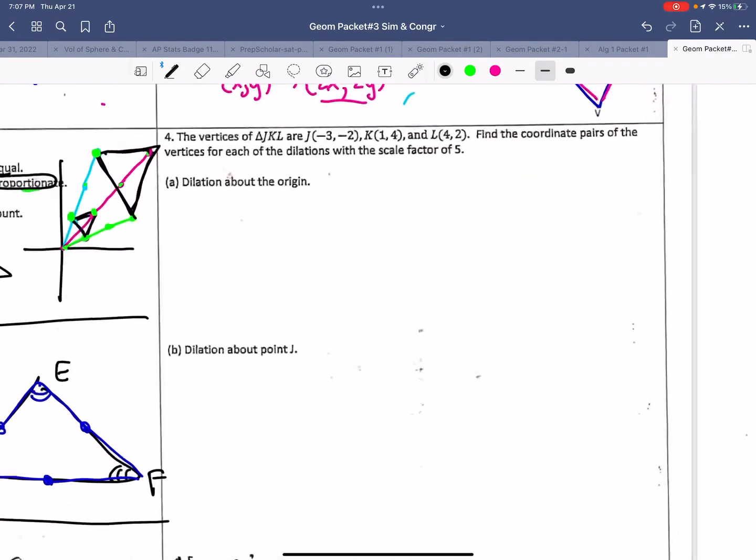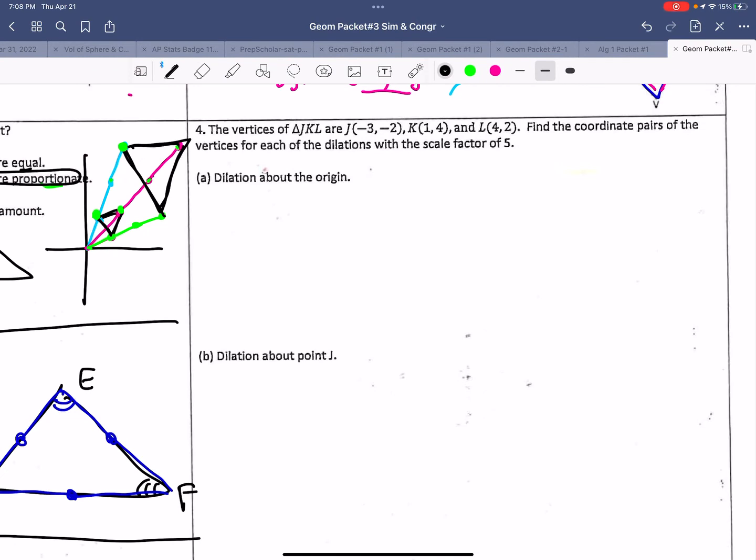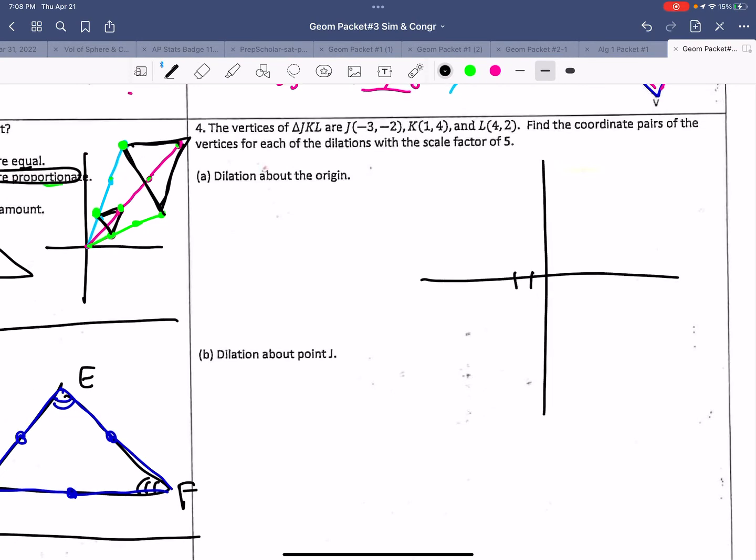Okay, last question. The vertices of J, K, L. Okay, the vertices of this, find the coordinate pairs of the vertices for each dilation with a scale factor of 5. Now, I didn't have to draw it, but I did just so we can kind of get a feel for it. If we dilated about the origin, then J, K, L would merely change